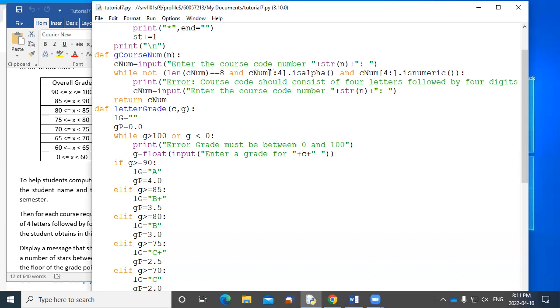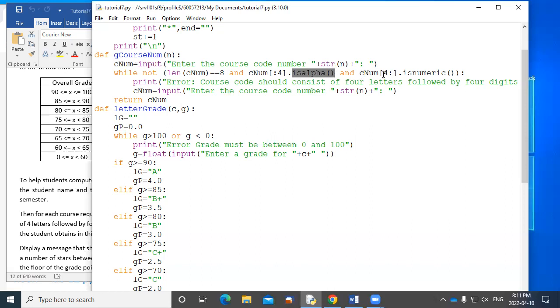So you see this is called a substring. CNUM is a string, so we read that in as a string. Here's a substring. What the colon and the 4 means is from the start of the string until before the 4th character, that will be our new string. So the new string is just going to be the first 4 characters. And what we're going to do is make sure that they're alphabet, A, B, C, D through to Z. So the first 4 characters have to be something between A and Z.